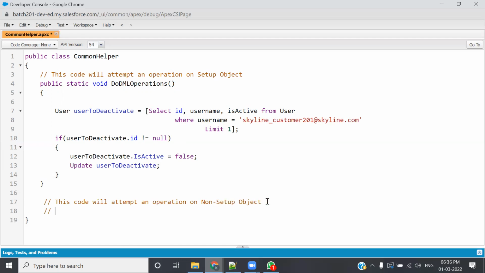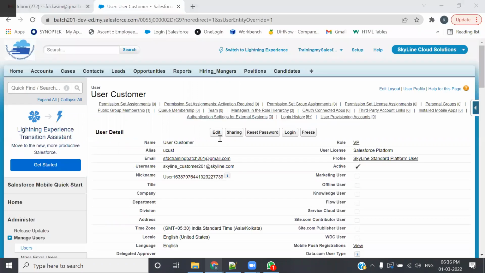यहाँ पे जो मैं कोडिंग करने वाला हूँ that will be attempting an operation on the non-setup object, तो non-setup object के लिए public static void, ठीक है, या फिर ऐसा करता हूँ मैं इसको पहले उसको यहाँ नहीं लिखता, इसी में अंदर लेता हूँ, एक ही मेथड के अंदर लेता हूँ, फिर दूसरी मेथड बनाता हूँ, चलो। सो दूसरा क्या करना है हमको, वी वांटेड टू